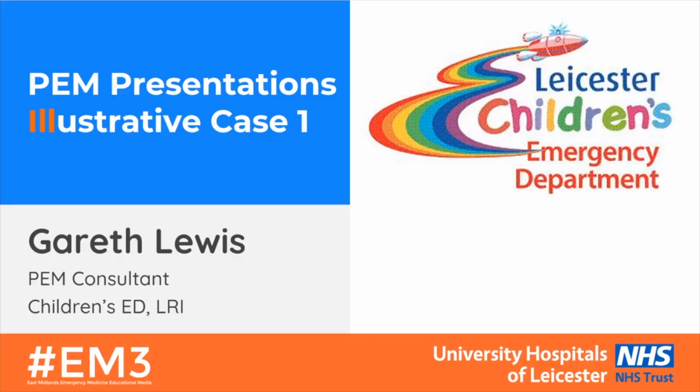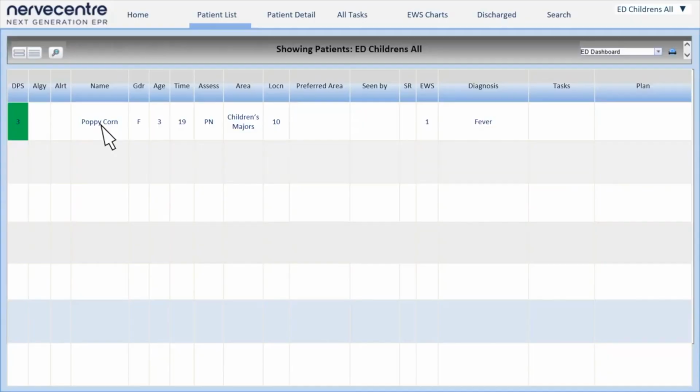So welcome to case 1. Poppy has arrived in the department. She's 3 years of age and appears to be presenting with fever. She's been put into children's majors, location 10, and has a dynamic priority score of 3. The DPS